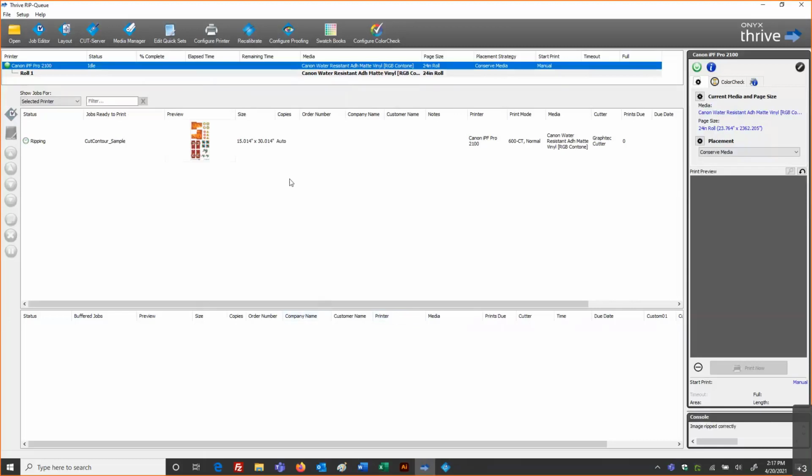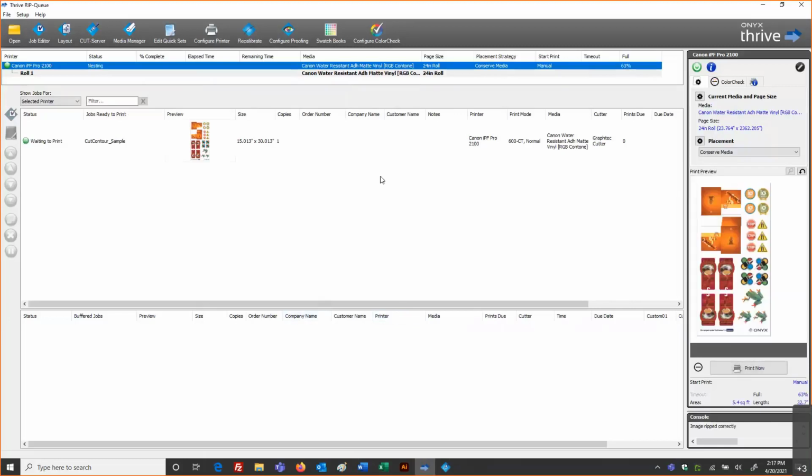And once my RIP has completed, I'll be able to see through my series of tabs across the top. There's one that I have active called Cutter, and below I can see that, yes, in fact, this has the GraphTech cutter model associated to it. In this particular cutter style, this is a tabletop roll-to-roll cutter, so I'm going to feed my sheet in, and it's going to be rolling the sheet up and back and through to cut.